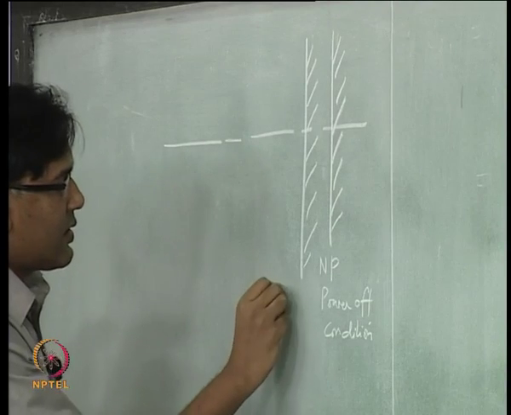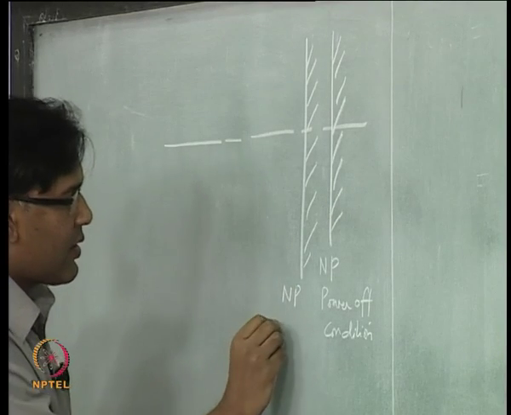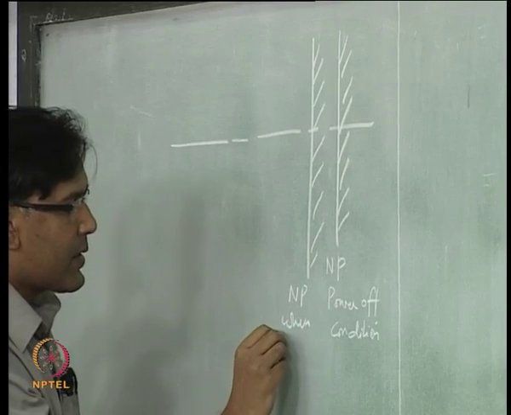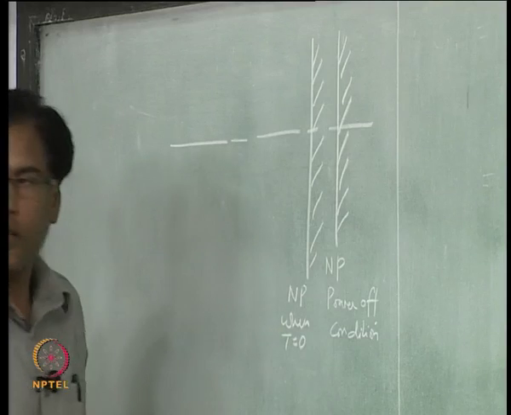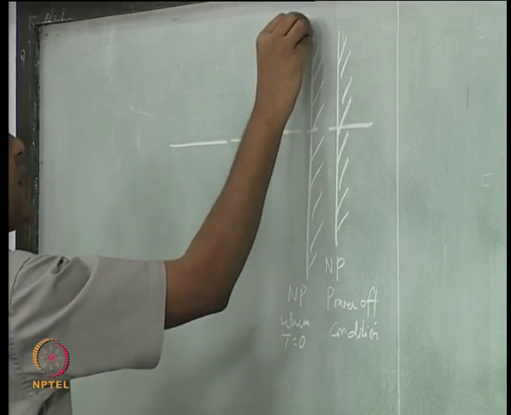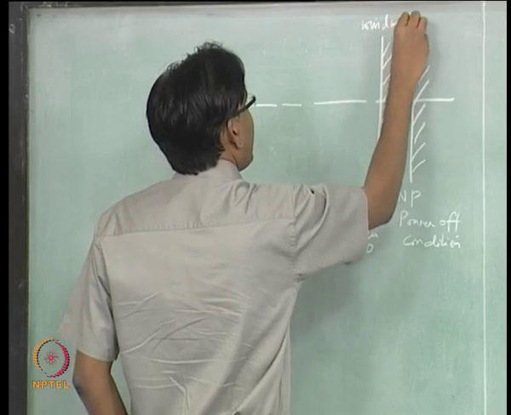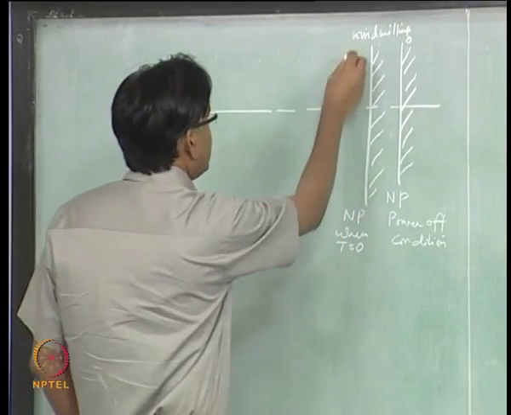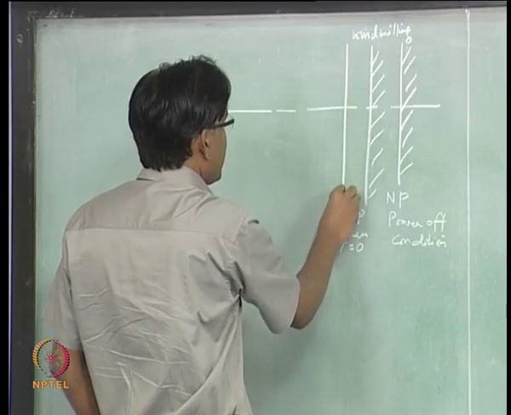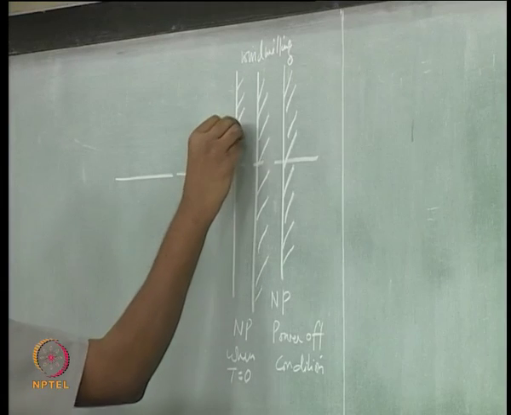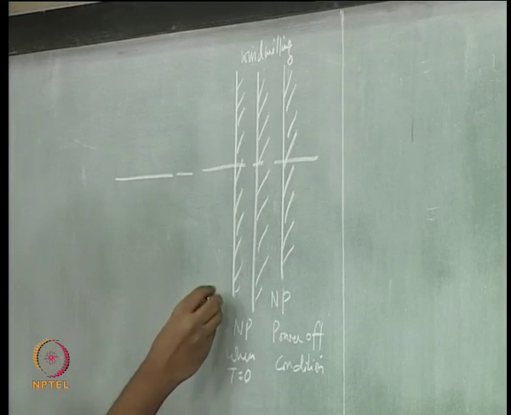So, this is the neutral point when thrust is not produced, right, by windmilling. It further moves forward when you have